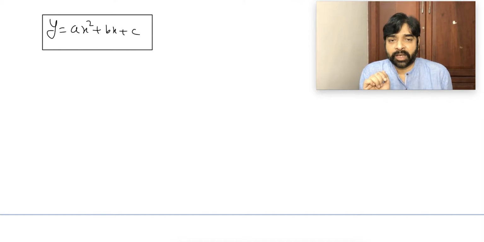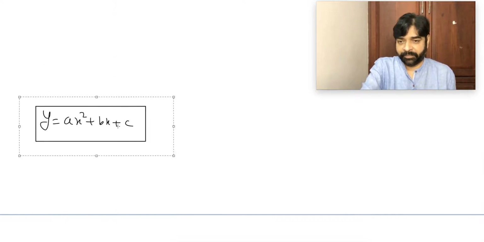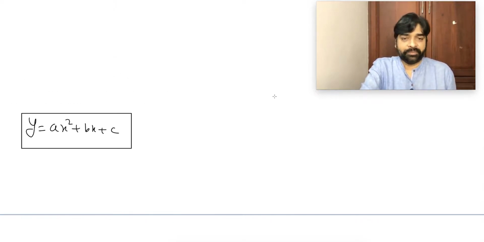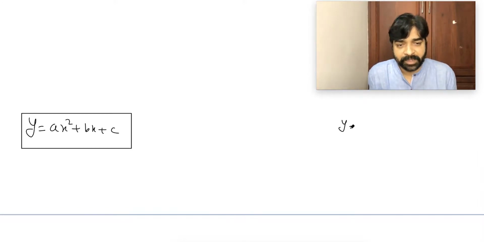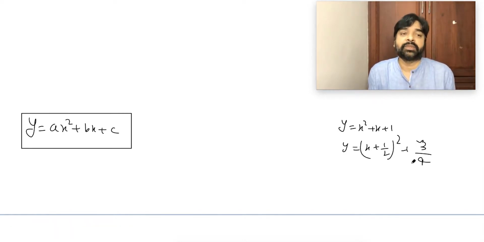Whenever you have to draw the graph of any quadratic expression, for example this one, suppose somebody says draw the graph of this, it's not a big deal for us. What we can do is write it as (x plus 1 by 2) whole square plus 3 by 4. Yes or no? We can express it in perfect square. I already told you last class. Now this graph drawing is very easy.